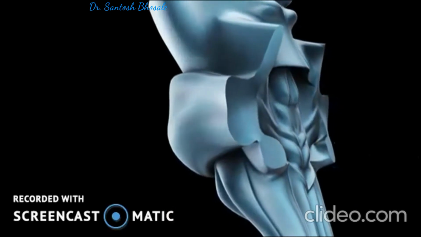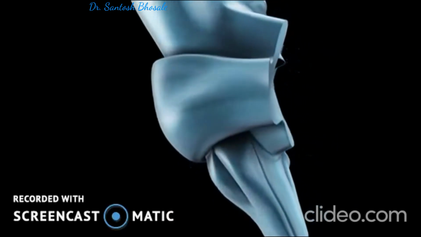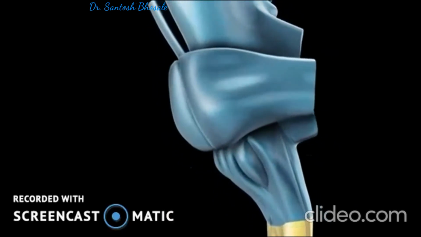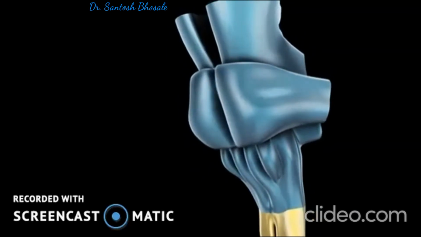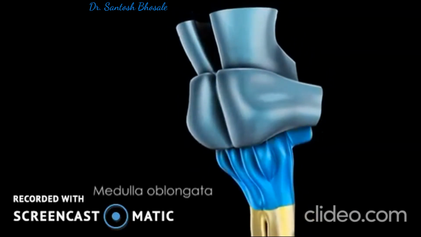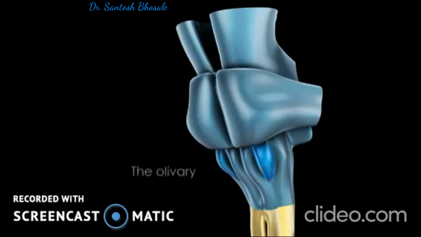So, lower part of medulla and midbrain retain the closed tube-like structure similar to spinal cord. So, you can see the medulla oblongata, also known as bulb. It shows the pyramid and olive. Pyramid is the pyramidian structure. Lateral to pyramid you will see olivary masses containing the olivary nucleus.